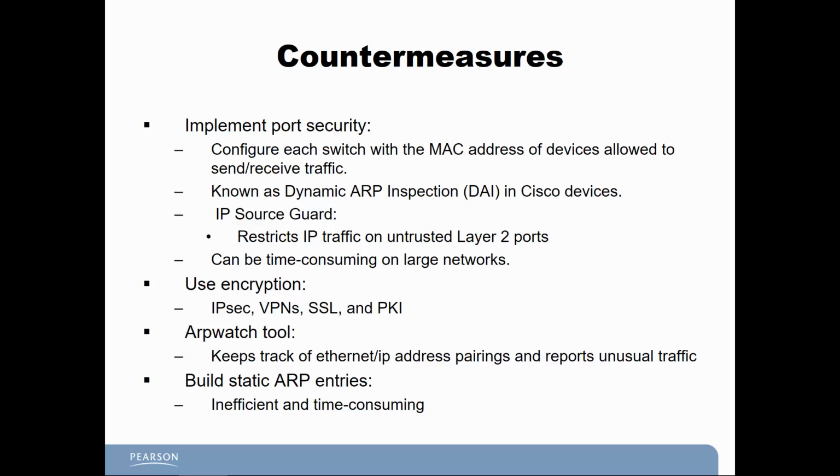Countermeasures is implement port security. Don't just turn it on, but turn it on and configure it. So configure each switch with a MAC address for the device allowed to send and receive traffic. We could also do something called dynamic ARP inspection, and that's possible for Cisco devices. That way, it actually verifies sending and receiving MAC addresses. Very, very important. This allows us to restrict IP traffic on untrusted layer 2 ports. Can be very time consuming for large networks, but